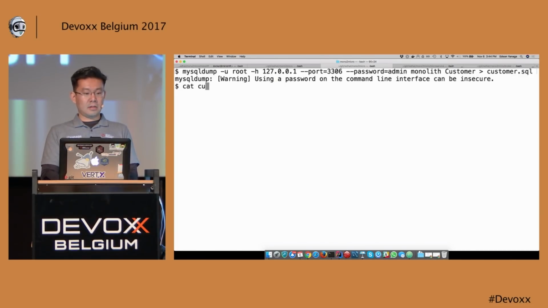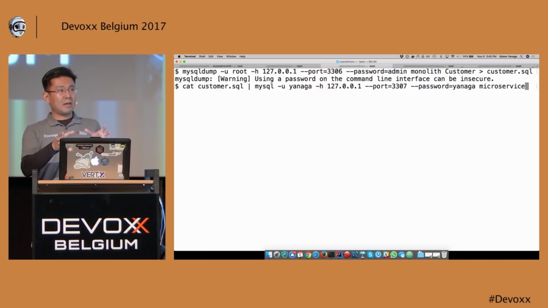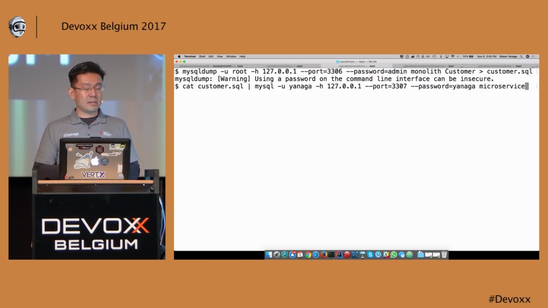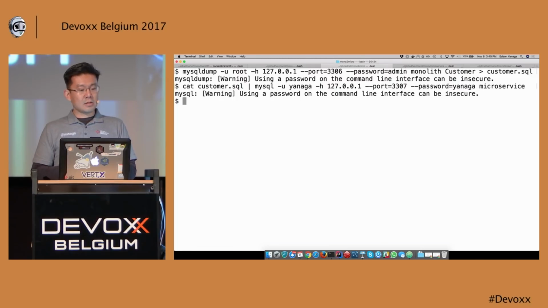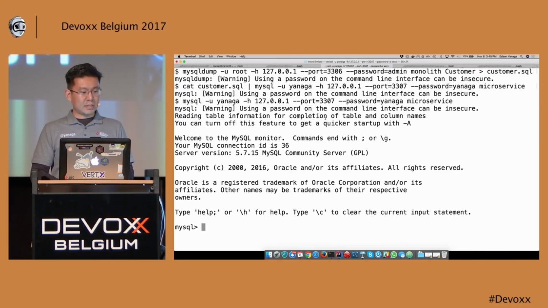I'm just going to get the information and pipe that to my MySQL client, importing that into my microservice database, which is another instance of a MySQL database running. Supposedly it should be another host, but I have two different MySQL servers running inside two different Docker containers. So now it's populated, and if I want to check the information, here if I check my microservice database,